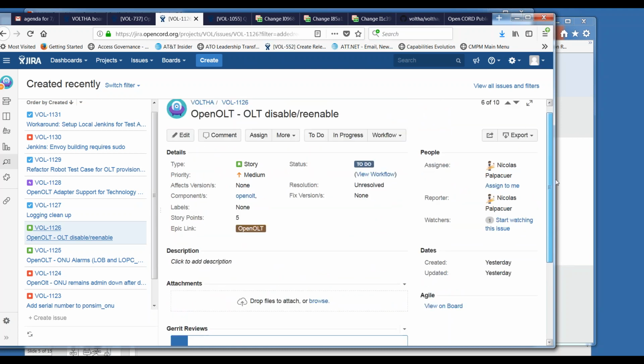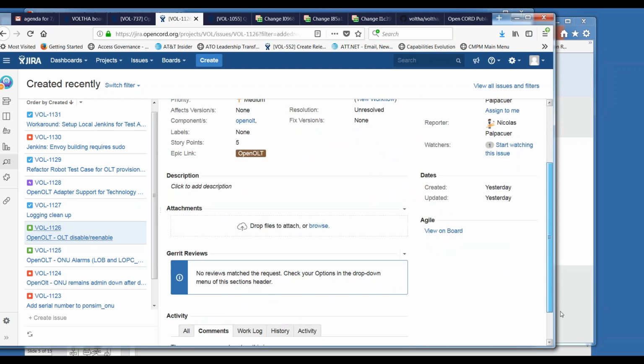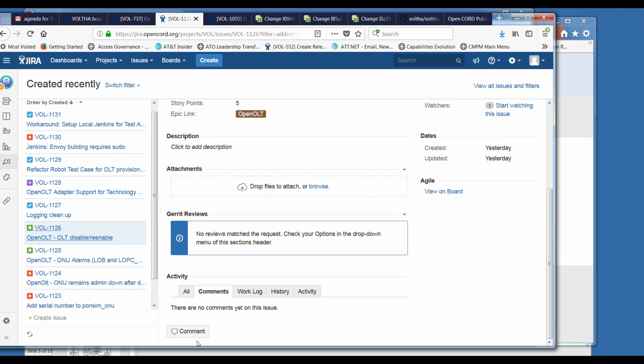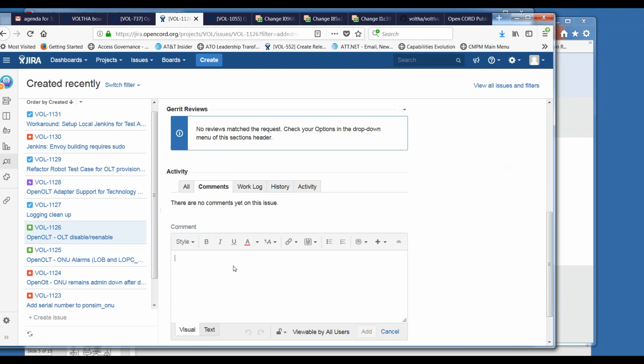I don't see anything else in here beyond that. Let me see if anyone from Foundry has joined. I'm not seeing anyone on the list right now. Okay, so this one I will check with him. I'm guessing since he just opened up the story that this is probably targeted for Sprint 5, but I will check with him on that. Is there any description of what it means to disable an OLT? I mean, does it just go through and disable all the? I don't see anything in here right now. We can ask him to add the description. Okay, sounds good.